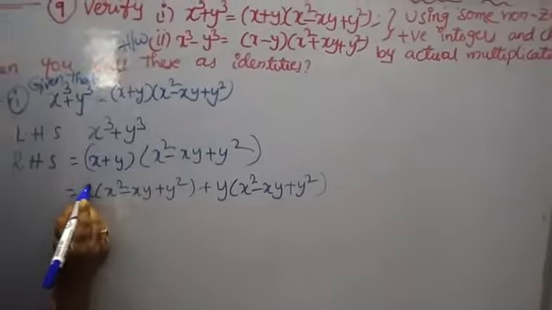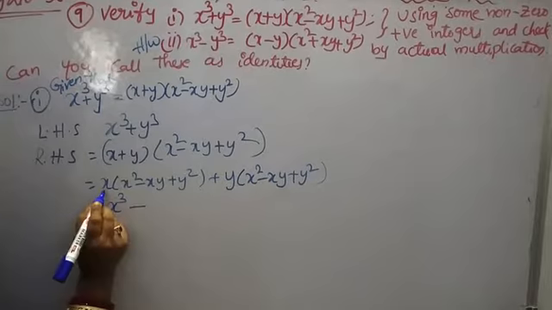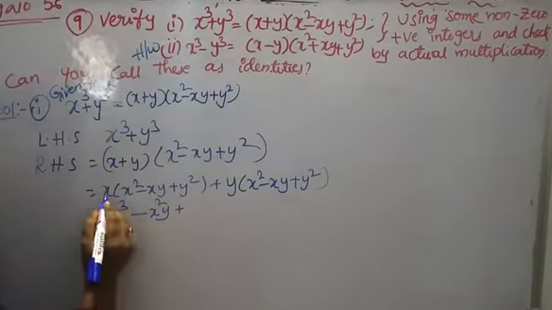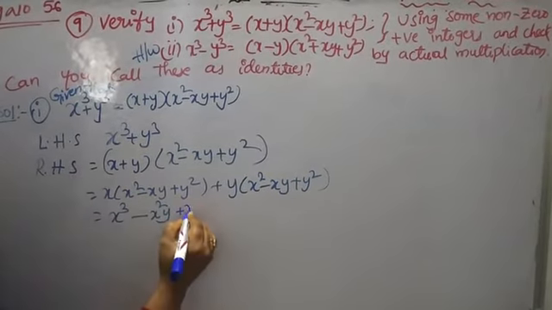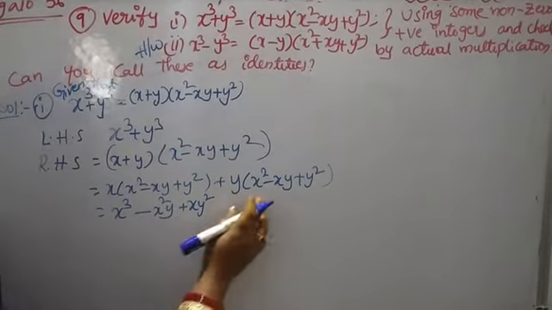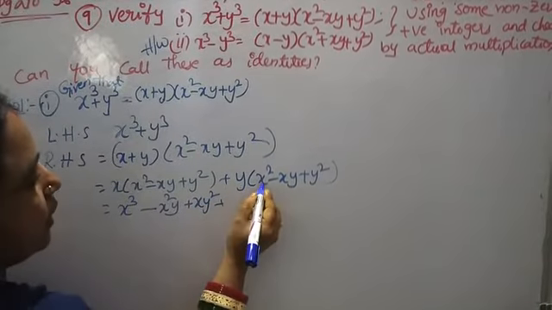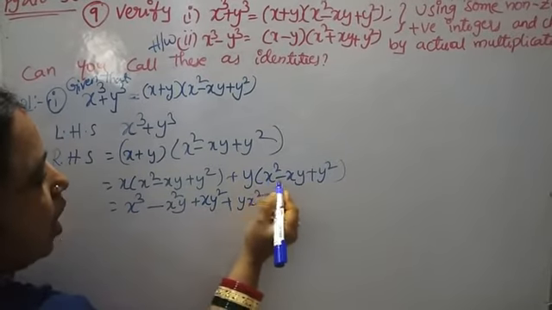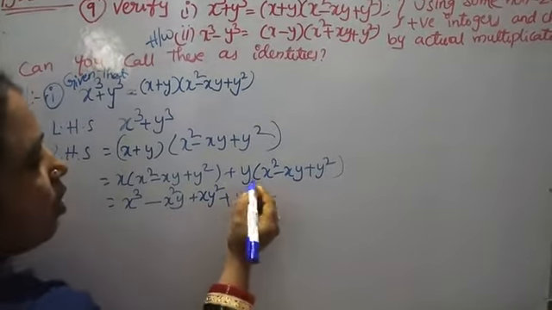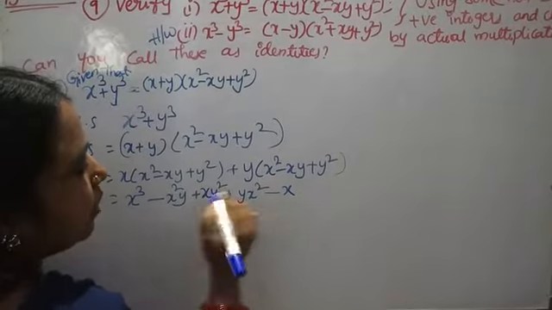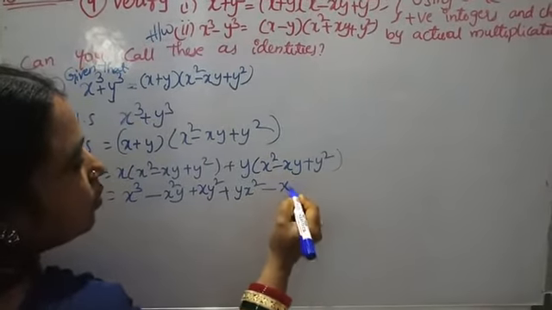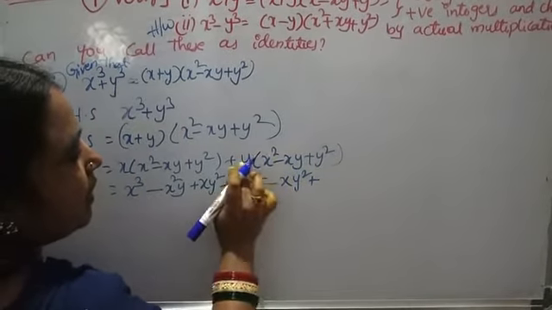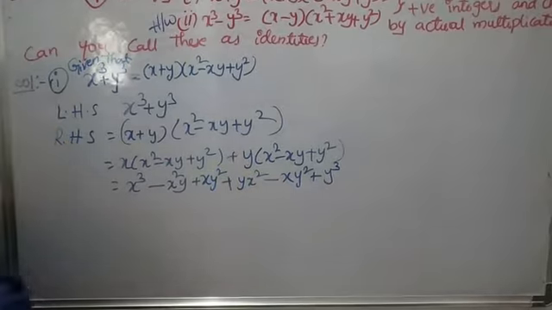Here 2x, here 1x, total x cube minus x into x, 1 2x, x square y as it is, plus x into y square, both are different, so write as it is, xy square. Now coming to here, plus y into x square, different term, so write as it is. Plus into minus is opposite, so write a negative value, y into xy, so x different, y same, 1 2y, so y square, plus into plus y into y square, 1 2y, total y cube.